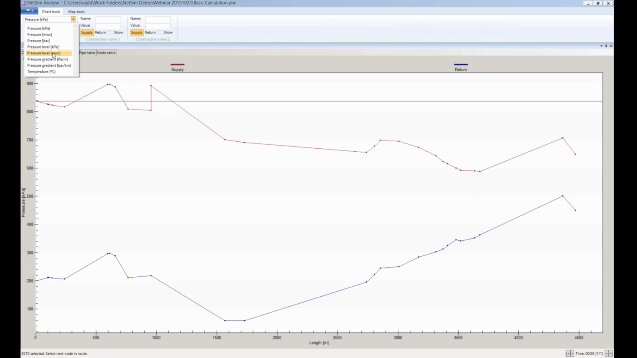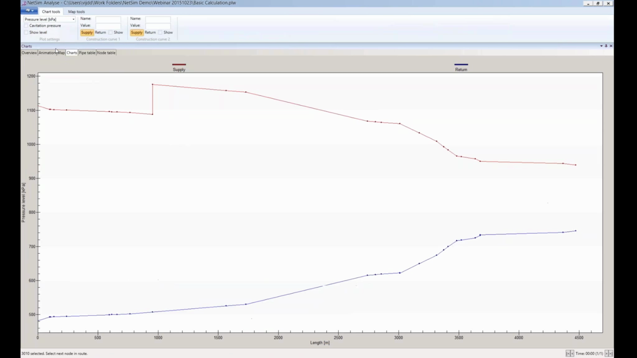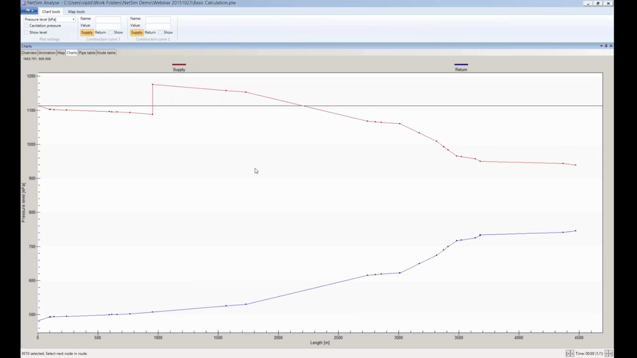Something we can do here is choose pressure level to remove any height differences that are influencing this. So we can see that we have a supply line here with pressure losses. We have the pump giving us a higher pressure to ensure the pressure difference here is big enough. And on the other side we have the return temperature, which also has its pressure losses, but in the other direction since it's flowing backwards. So here you can see what are the